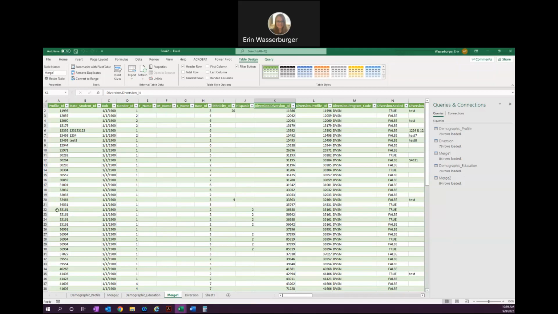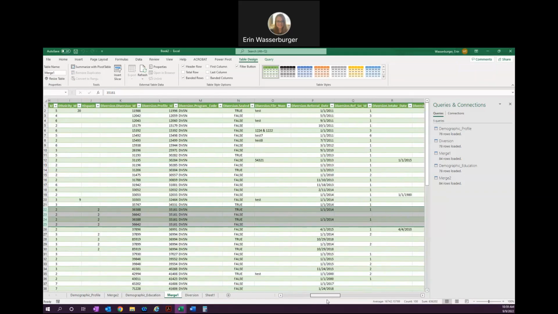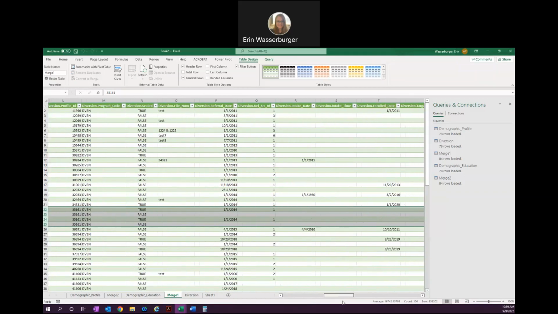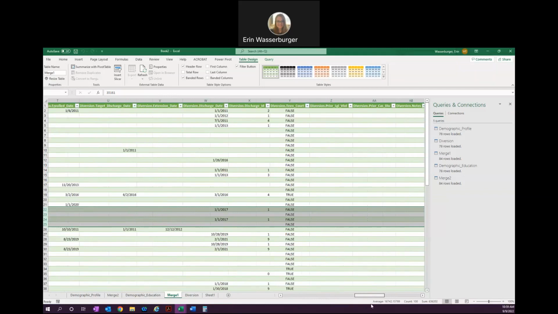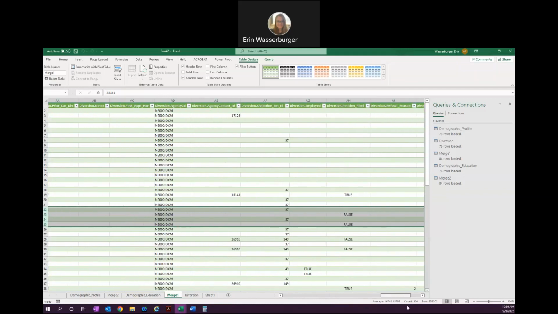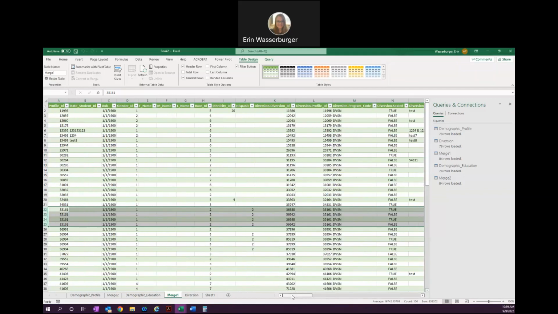So in this case, I'm going to highlight these rows right here for you. So this looks like this one kid has 4 separate diversion cases. But if I come over here and look at the diversion ID, these two are the same and these two are the same. Okay, so scroll over, you can see the information is exactly the same across the board. So what happens is when you merge like this,